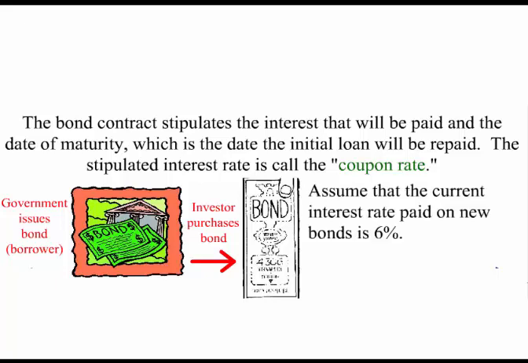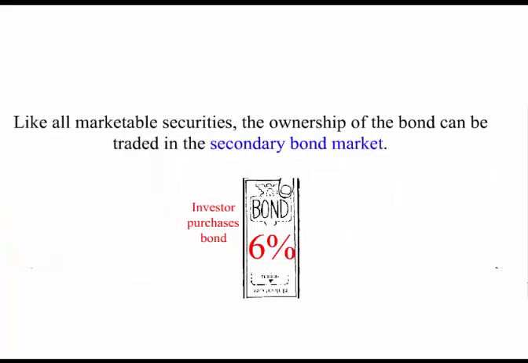The stipulated interest rate is called the coupon rate. Assume that the current interest rate paid on new bonds is 6%. This is the bond that is sold in the primary market. Once the bond is purchased, this bond will be traded in what's called the secondary bond market. It's sort of like you bought a car in the primary market and you're going to sell it in the used car market. So the secondary bond market is after the bond has been purchased in the primary bond market,